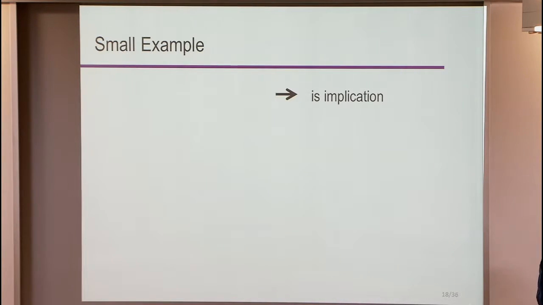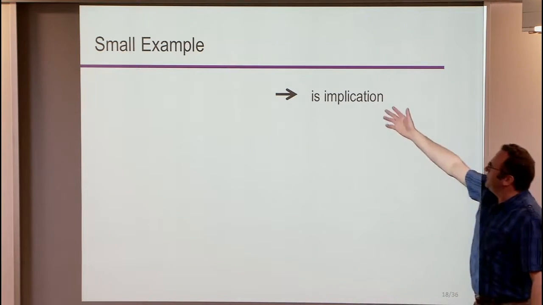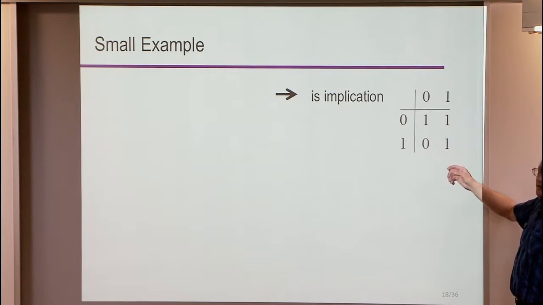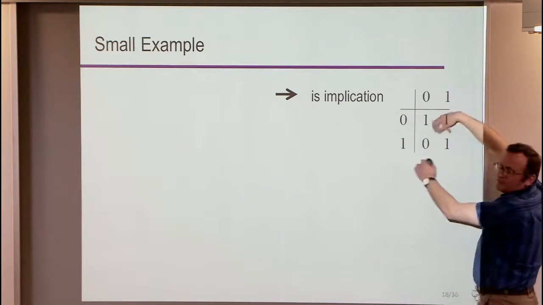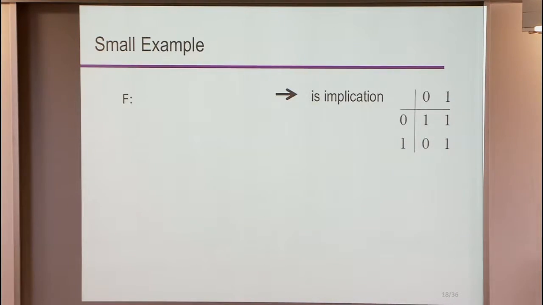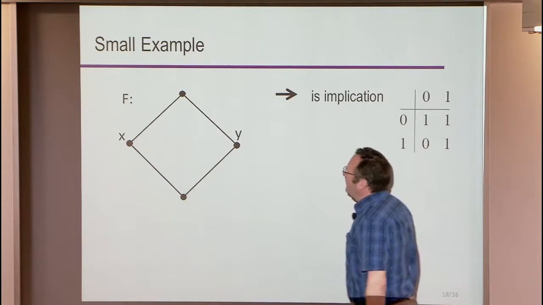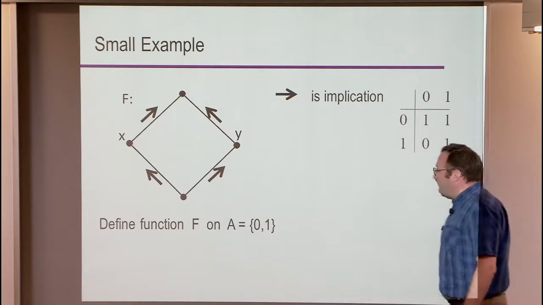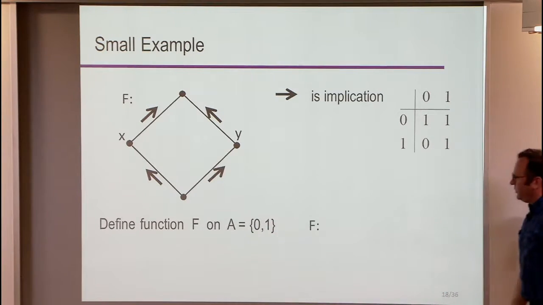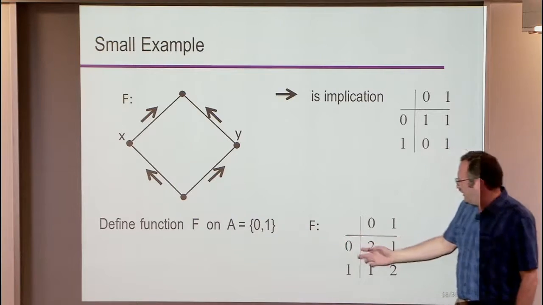Okay, small example. I want to show an example of how we can express things. Say I start with implication that has this operation table. So implication of 0, 0 is 1, implication of 0, 1 is 1, and so on. I take a gadget, something like this, for example. I put as portals these two variables x and y, and I impose implications on those places. So if we compute it carefully, then the function we get this way is this